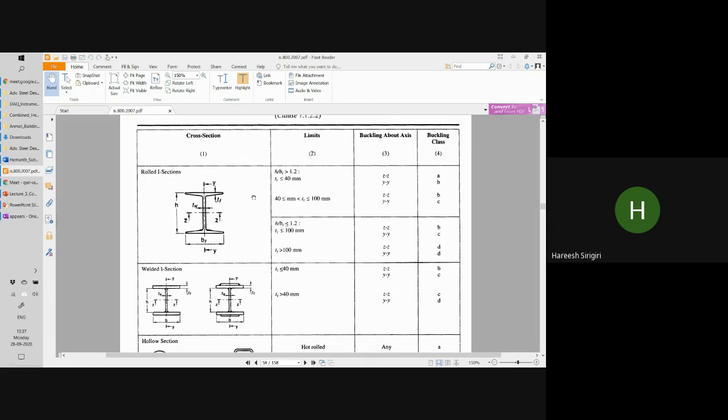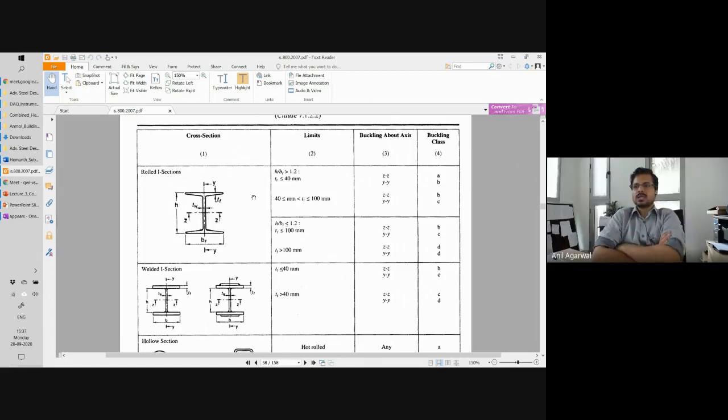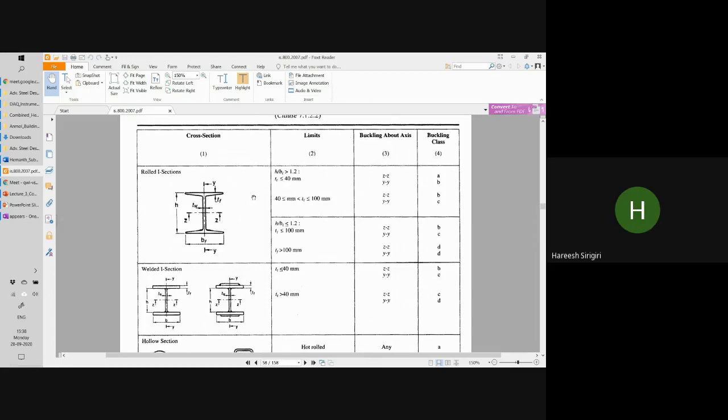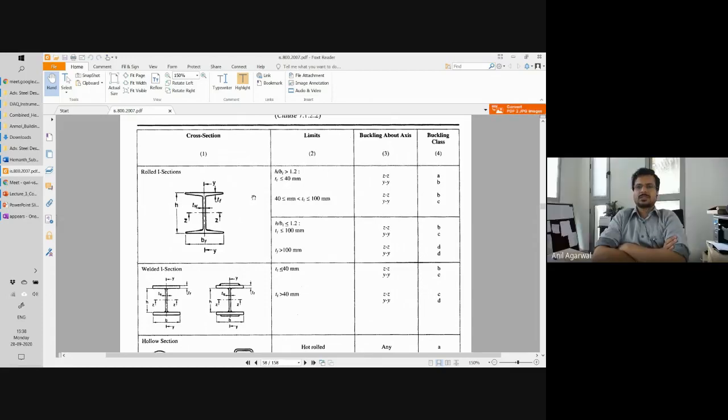They do not undergo plate buckling, sir. No, I'm talking about jumbo sections. Had I mentioned jumbo sections ever? When the flanges are very thick. No, sir. Yes. So sections with very thick plates that are made of hot rolled sections, particularly the hot rolled sections made of thick plates.